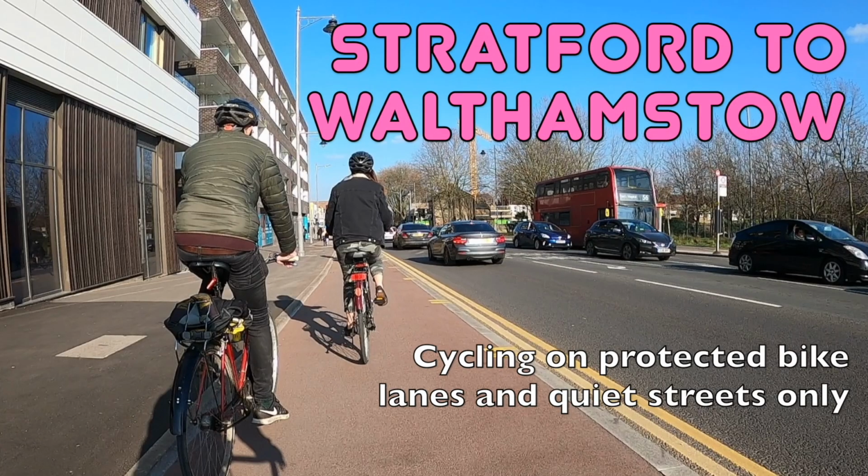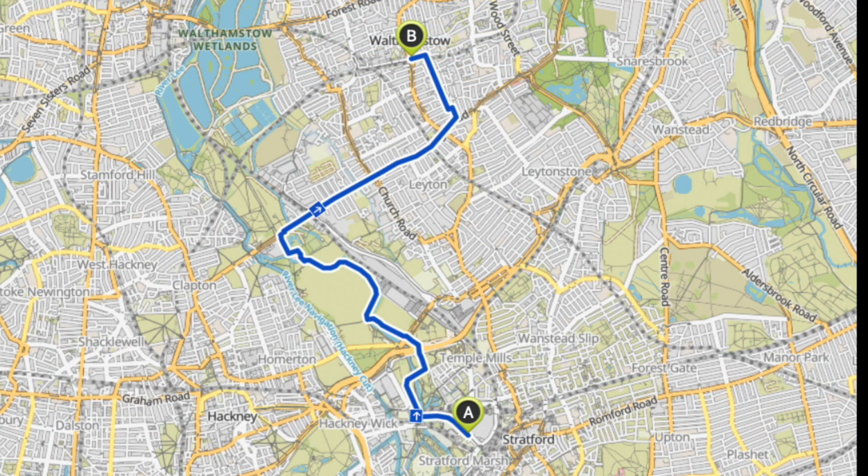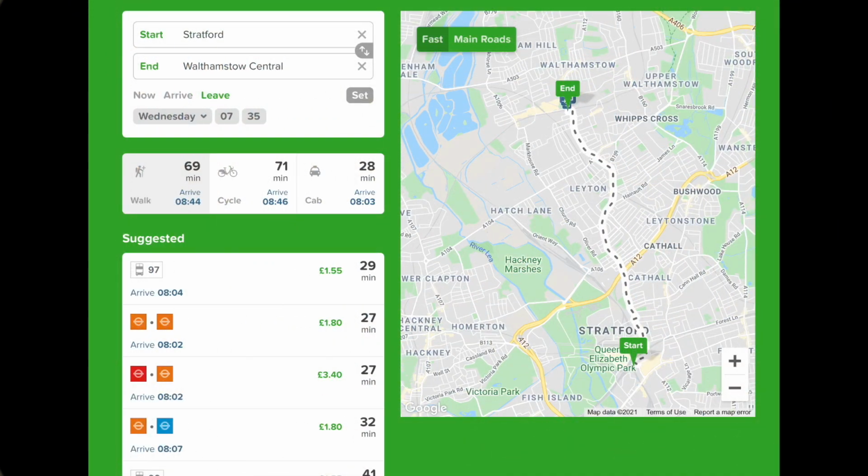Today I'll be showing you how to cycle from Stratford in East London right up to Walthamstow in North East London. This ride takes about 30 minutes and the whole thing is on protected cycle lanes and quiet streets with large stretches in parkland as well. The same journey by public transport also takes about 30 minutes as well, so this is a very viable option